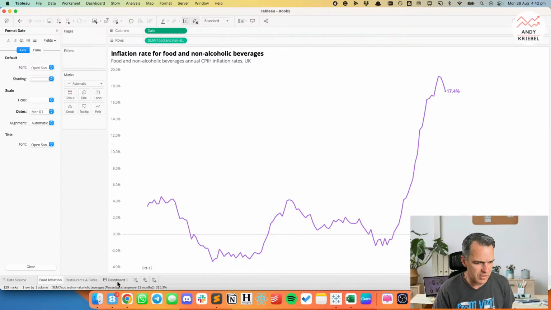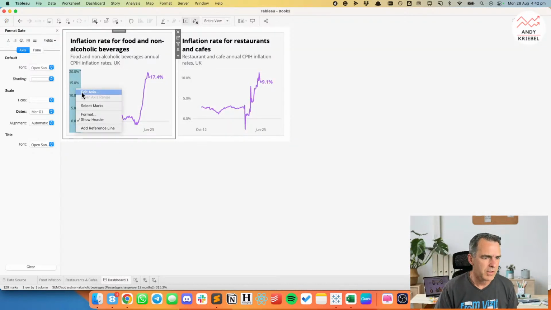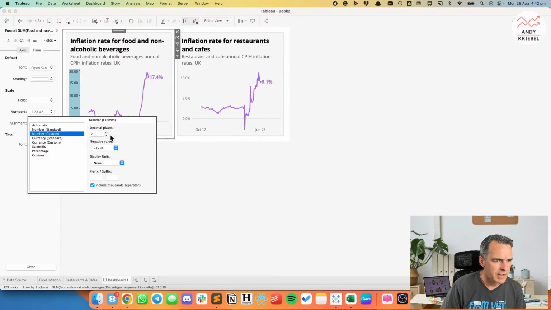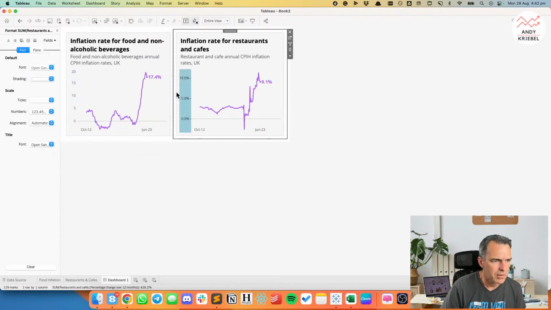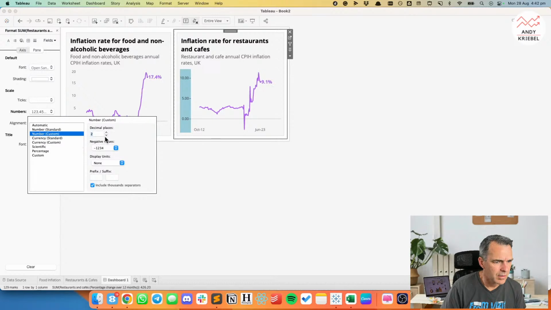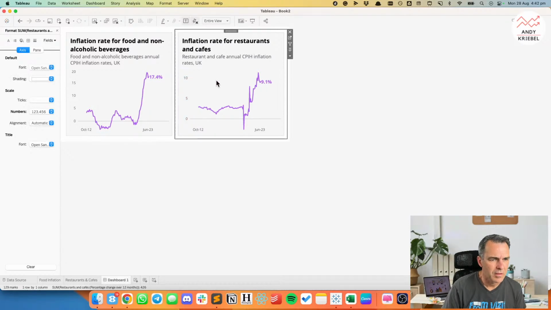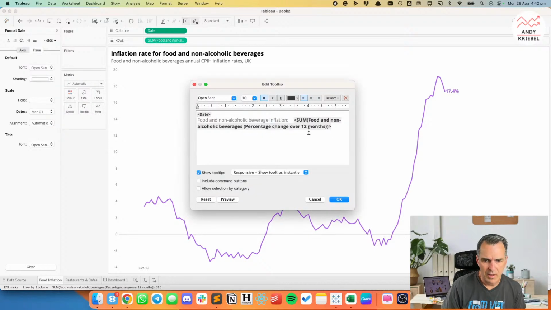Okay, so another suggestion, do we need to align the 0 axes in both charts? We can do that. That's actually a good idea. But what I want to do first is format the axis. And I wonder if I can just make it a number like that. Yeah, there we go. Okay, so that now looks okay. So that looks more like theirs. The only problem now is the tooltips are messed up. So I need to go back in here and I'm just going to manually stick in a percent sign.